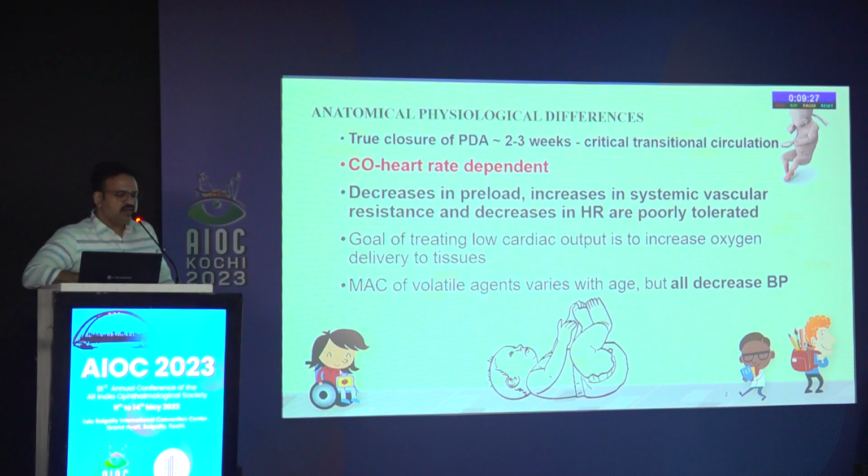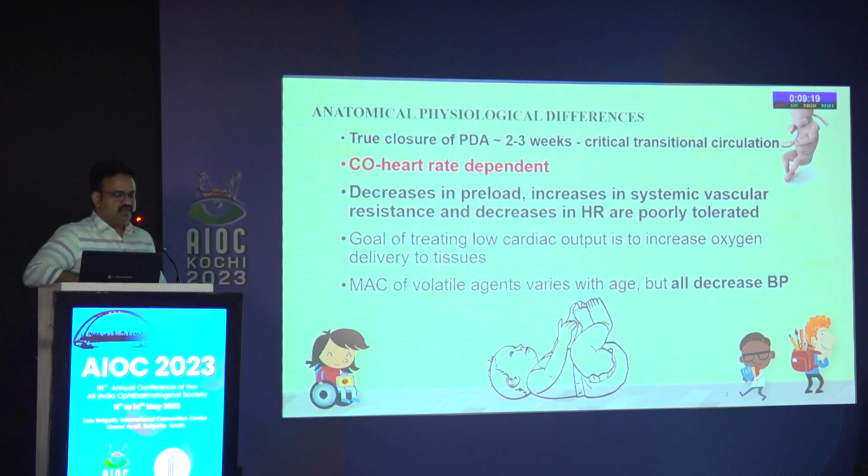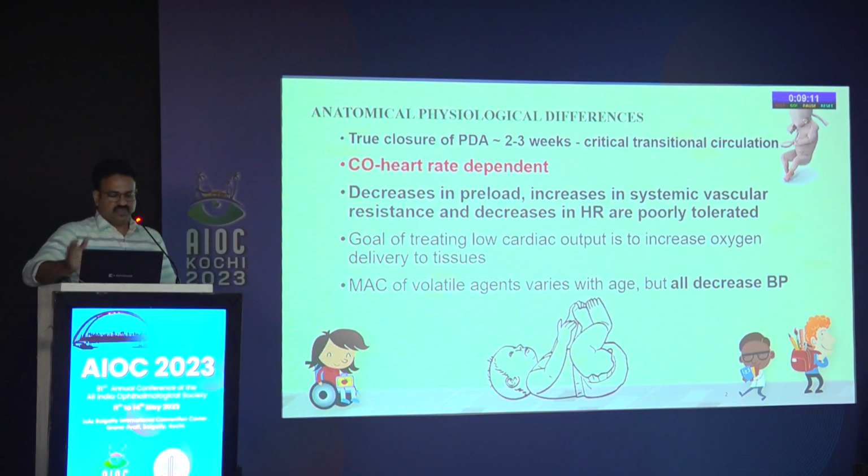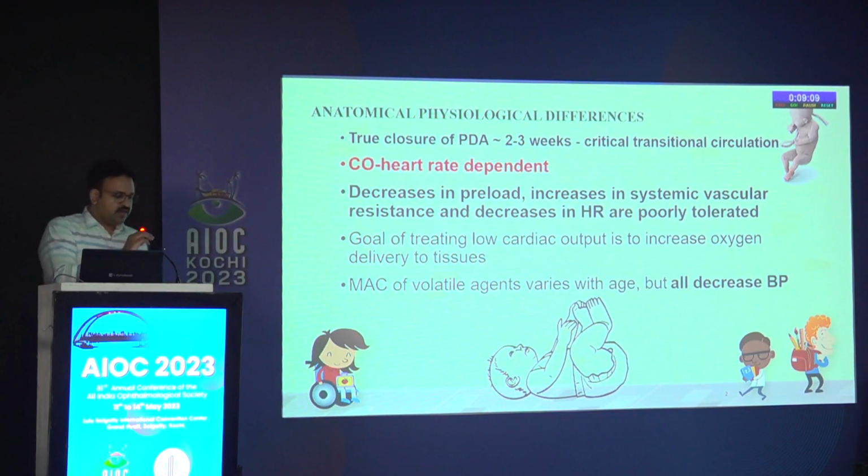The most important difference being their cardiac output is heart rate dependent. Therefore, a decrease in preload, an increase in systemic vascular resistance and a decrease in heart rate are poorly tolerated. The goal of treating low cardiac output is to increase the oxygen delivery to the tissues. Our volatile anesthetic agents, the minimum alveolar concentration of these agents in giving effective anesthesia varies with age, but all